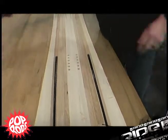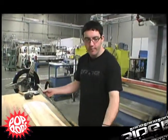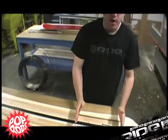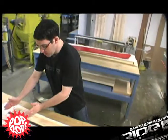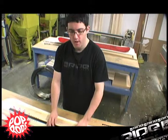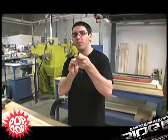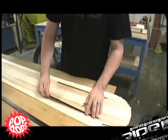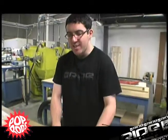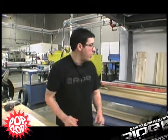Traditionally, you would use a full-length stringer of flexible carbon fiber that would go from the tip to the tail. That would add ollie power in the tip and the tail. But to get enough carbon, you also end up stiffening up the center of the board here. By taking the same amount of carbon and winding it into this hollow carbon tube and localizing it only in the tip and the tail in the areas that load up during ollie, we get the same amount of ollie power, but we don't affect the center of the core. By doing that, what we end up with